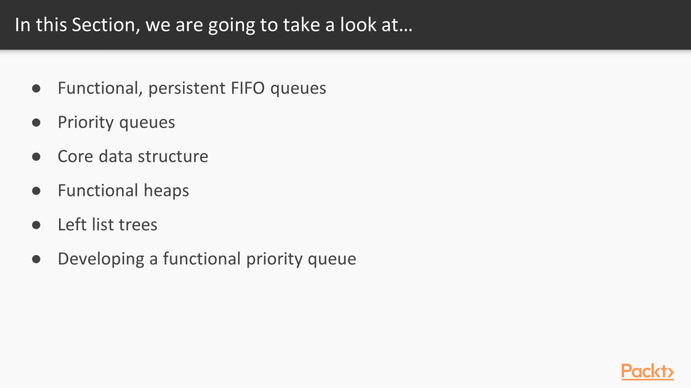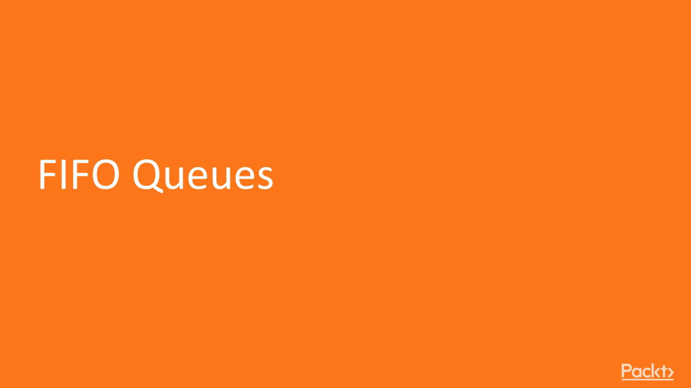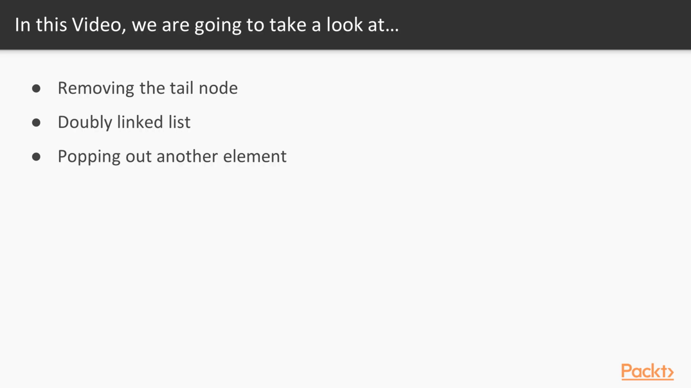We'll soon see why we need another data structure to realise functional heaps and introduce leftist trees. We'll develop a functional priority queue using leftist trees. Now we move on to the first video of this section, FIFO queues. In this video we'll learn to remove the tail node, go for a doubly linked list and pop out another